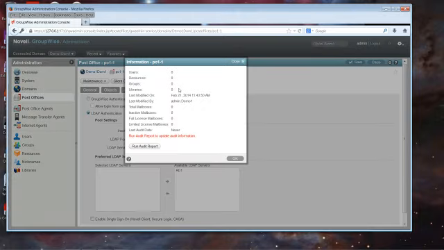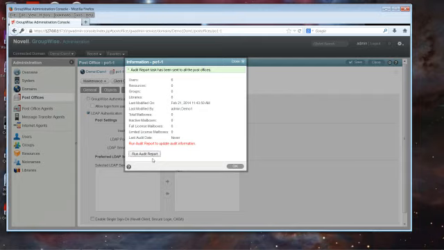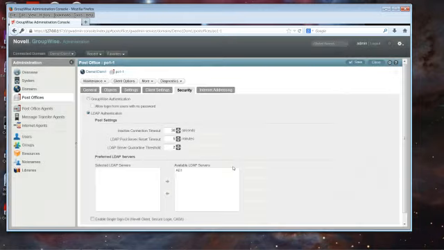There's a few ways to do this. The easiest way to get to it is if you look at the information for a post office, you have the option to run the audit report right from the post office information menu. And so we've now sent a task off, and the POA is working on gathering that information. So while it's doing that,